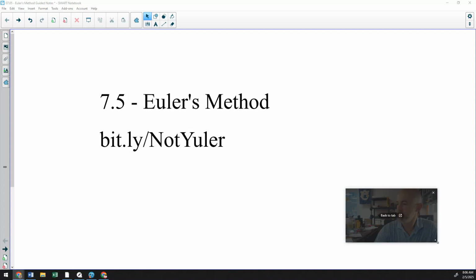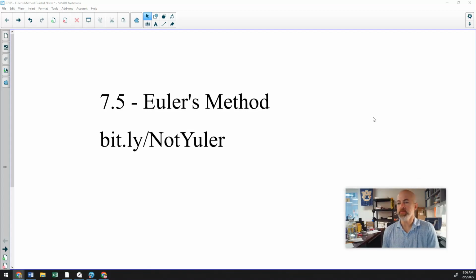Okay, let's look at some Euler's method. I'm going to teach you how Euler's method is used, and if you want to print the guided notes sheet